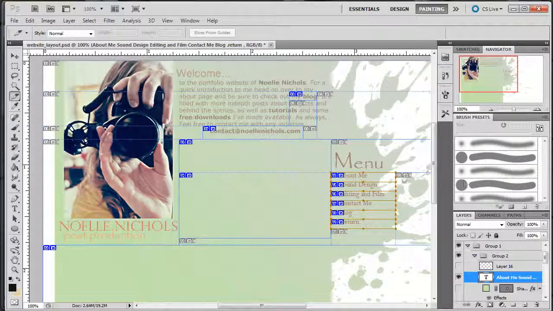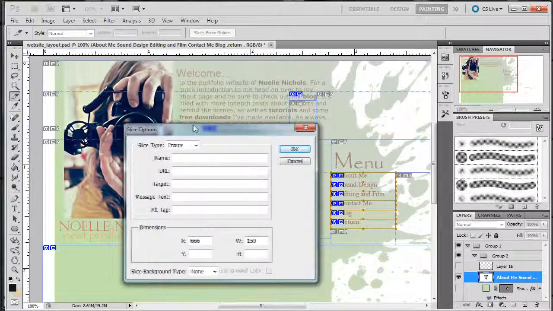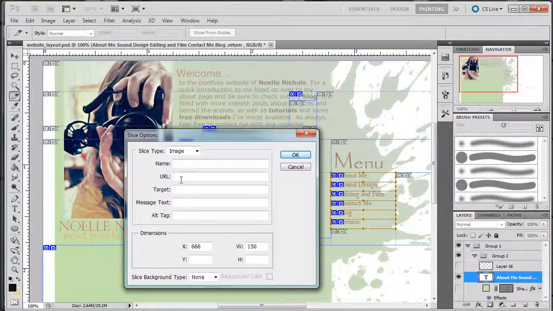And once you have everything divided, there's actually this really cool handy thing in the newer ones where you can right click on here and go to edit slice options. Now what this is going to do is bring up something like this, and you can see you have a URL section here. So if you wanted to link your about me page to an about.html page, that's how you do it, and it saves a lot of time when you're going back and coding things. You don't have to go back and look through your notepad file and then add it in there yourself,